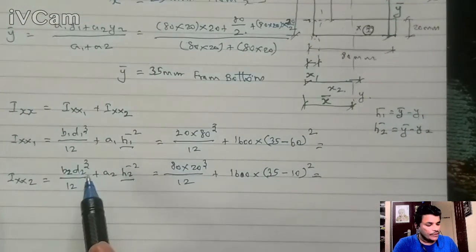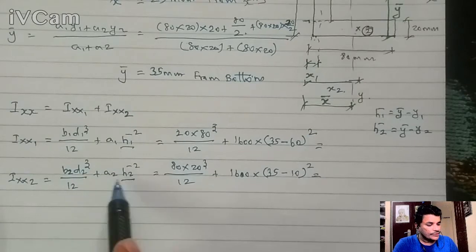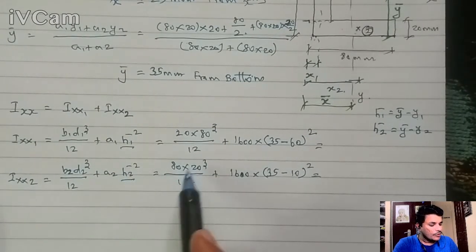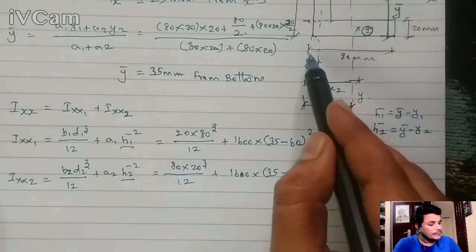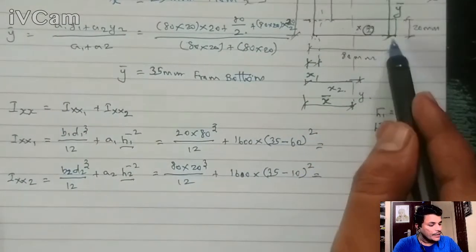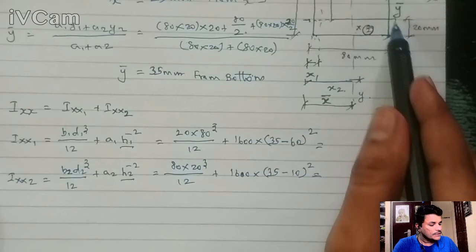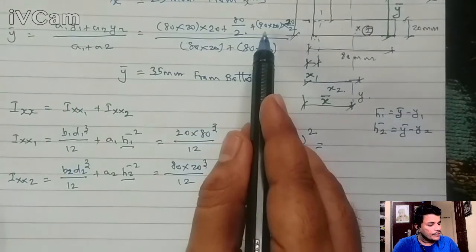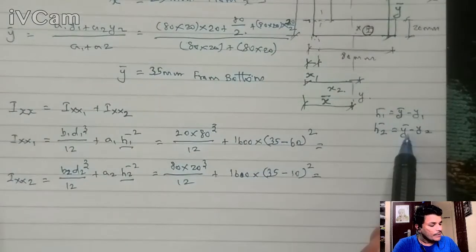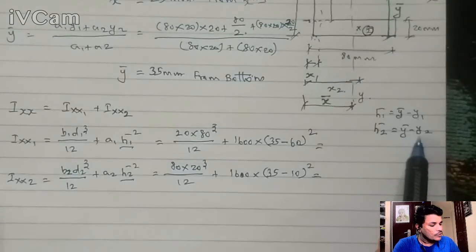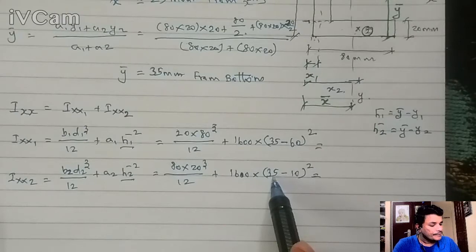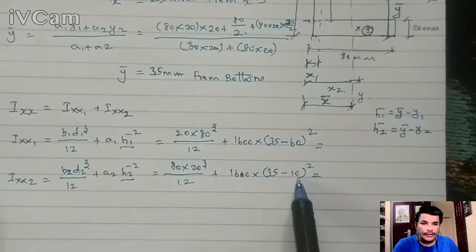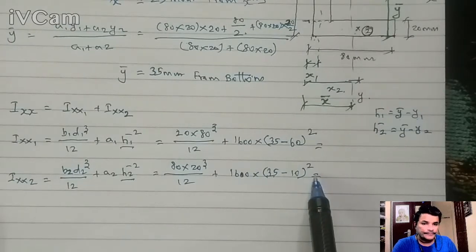Ixx2. So b2 d2 cube divided by 12 plus a2 h2 bar square. Okay, so b2 is 80, d2 is 20 cube divided by 12, plus a2. So a2 is 80 by 20, 1600, into (y bar minus h1 bar) square, y bar minus y2. So y bar is 35, y2 is 20 by 2, 10 mm, 10 square. Okay,